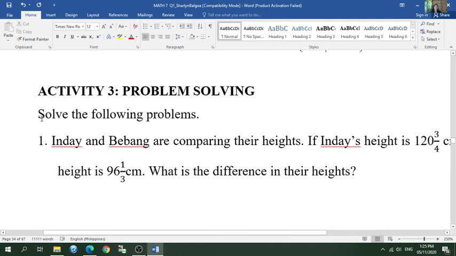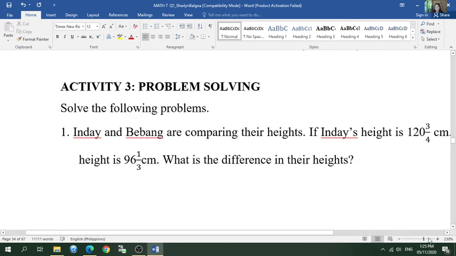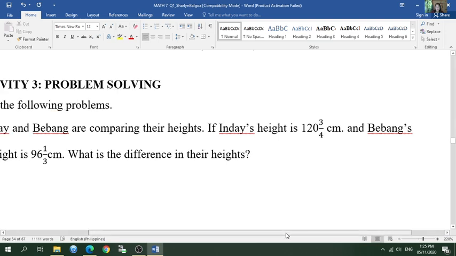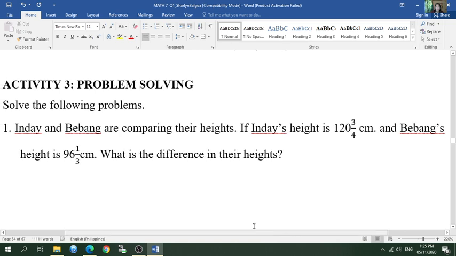Next, problem solving in activity number 3. Solve the following problems. Inday and Bebang are comparing their heights. If Inday's height is 120 and 3/4 centimeter and Bebang's height is 96 and 1/3 centimeter, what is the difference